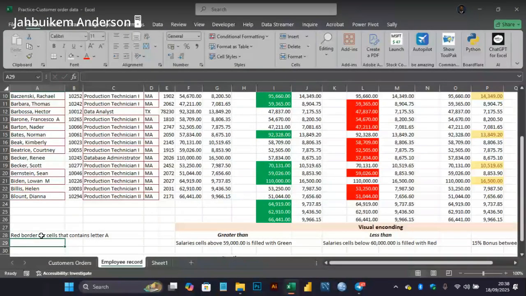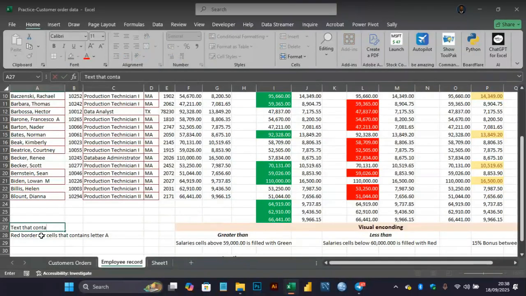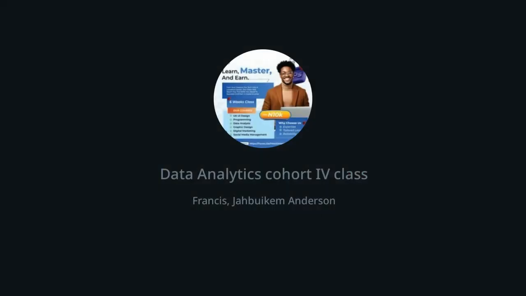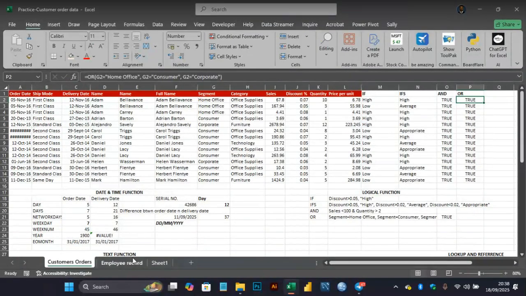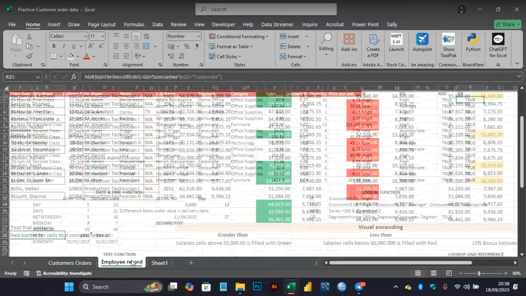Right? That's our visual encoding. That is for text that contains. So if you are dealing with the customer's order sheet, you can still use conditional formatting for rules such as a date occurring and for duplicate values. So if you want to set it for duplicate values, you might want to highlight the entire data